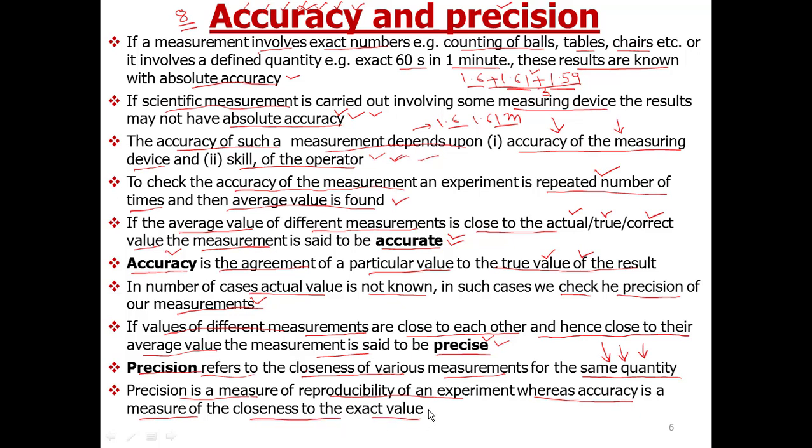So you might have observed that in your practicals of volumetric analysis or any other, we generally tell you to take the reading 3 times, 4 times. Then we take the average value or concordant value. The main motive behind doing the experiment a number of times is to make it more precise. That means the results obtained should be close to one another. Such results are called reproducible results, and it is called reproducibility of the experiment.